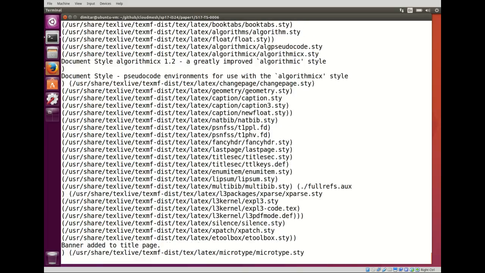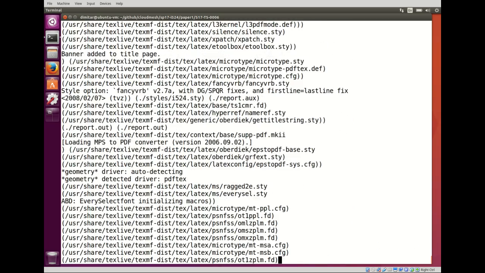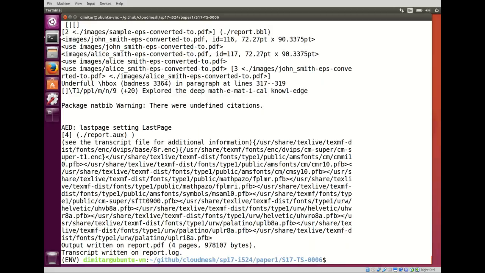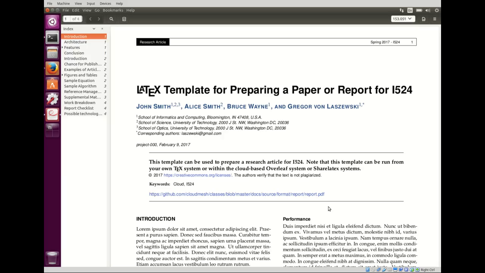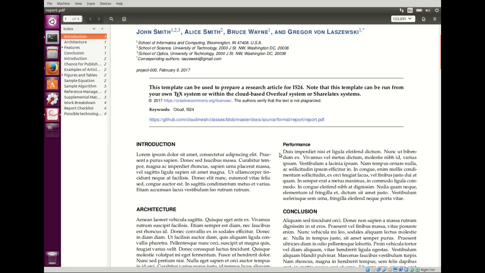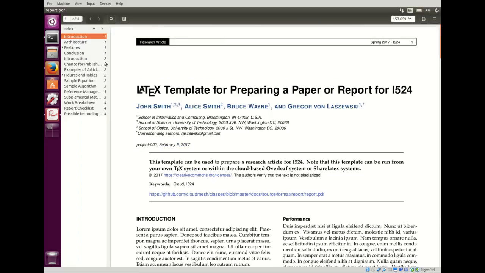It's a good idea to recompile often, because if you introduce any errors into the code, it will be easier to find them when you've made only a small change. So get in the habit of making a few changes and then running make again to make sure that everything runs correctly, and then you can make view again to make sure that everything still displays correctly. So here's my new sections here. Okay, and so